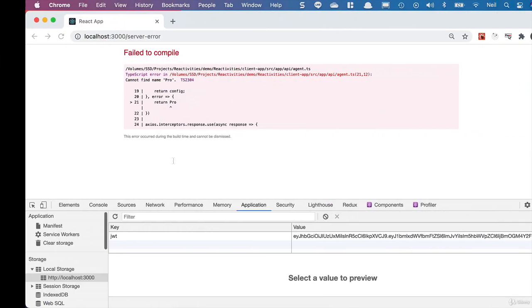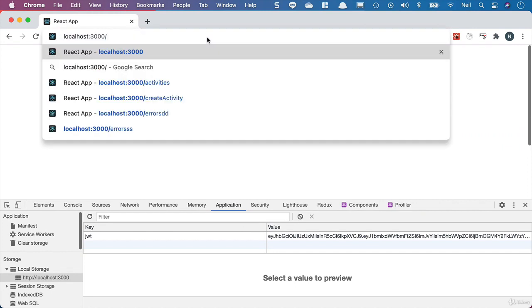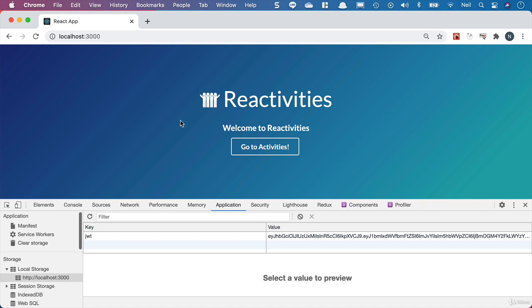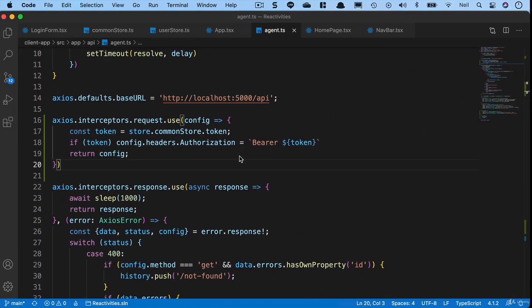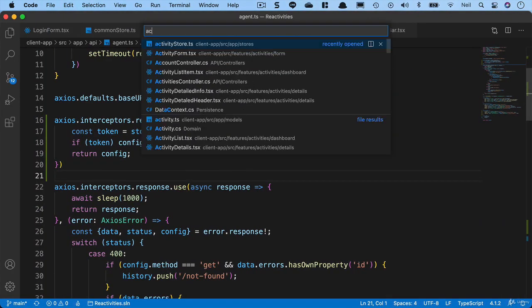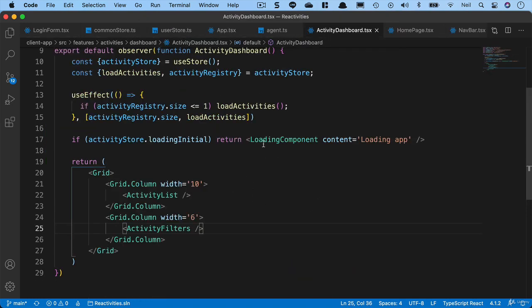So let's test to see if this is working, and let's just go back to our home page first of all, and we see that we're loading app, and we can see that because we have a token we're already logged into our app. And if we go to activities, then we've got our loading app there. So let's adjust our loading flags, and let's just go back to the activities dashboard. And what we'll do is we'll just change the text inside here. Instead of loading app, we'll say loading activities,